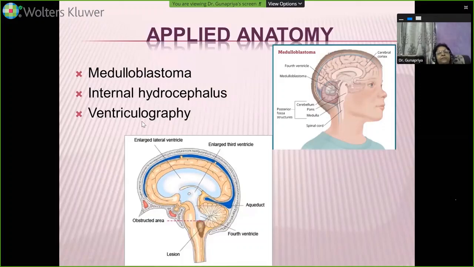So medulloblastoma is not a very rare tumor, and it can occur in children due to poorly differentiated neuroectodermal cells from which the cerebellum is arising. That can compress upon the communications of the fourth ventricle, so that can lead to enlargement of the other ventricles. There will be larger accumulation of CSF everywhere, resulting in the condition known as internal hydrocephalus. So this is about today's session. So with this, it's done for today.